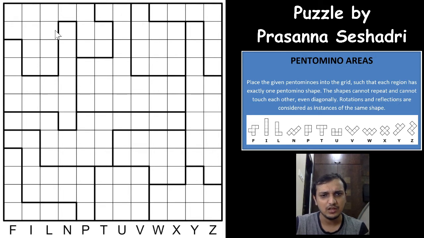So if you have a shape here, let us assume you have an L shape here, then you cannot have any shape near this L even diagonally, so the other shape cannot touch here, right? So that is what the rule says, and very simple rules. So we have to place the 12 pentominos here. Exactly, there are 12 regions here as you can see, in such a way that all the shapes are in the grid, and each shape is inside one single region. So with that, we'll start solving this puzzle.